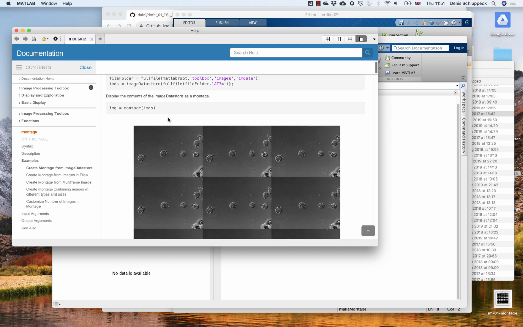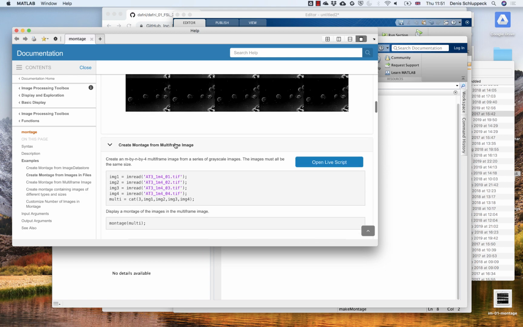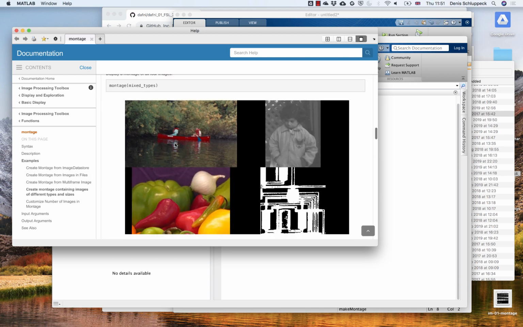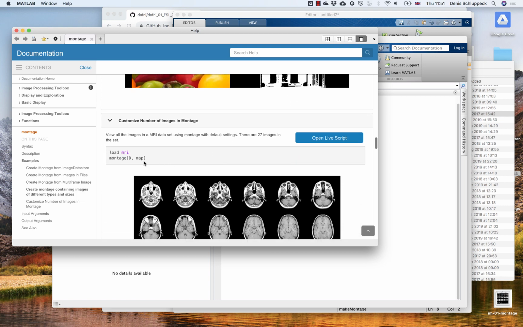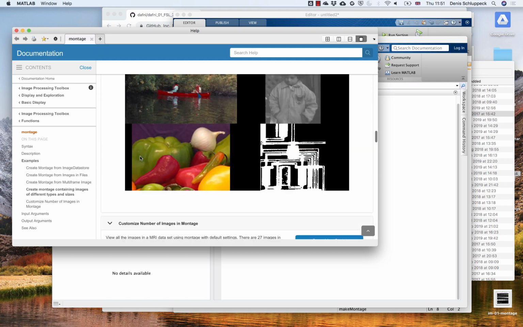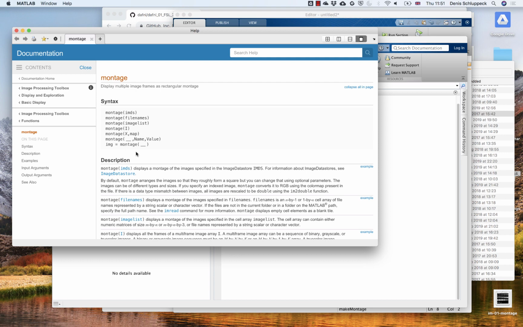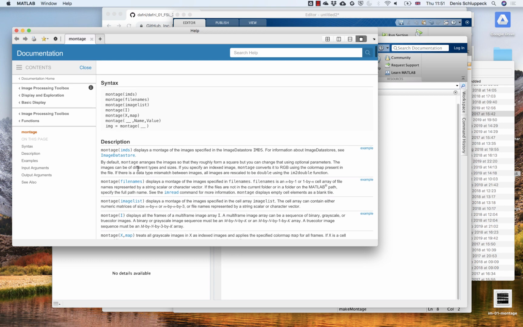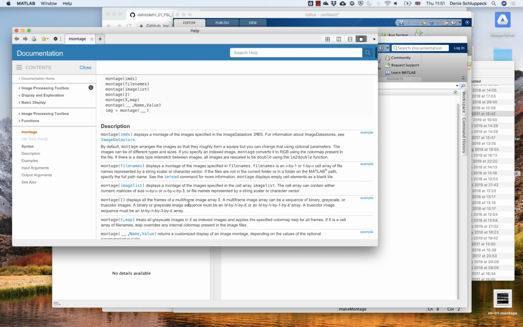So you can use this to look at sequences of images. For example, if you have microscope images in a video sequence, or you have a bunch of files in a folder that you want to stitch together in this kind of montage. But actually it already has an example in it for medical image data too. If you scroll up here, you can see there's a whole bunch of different ways in which you can use this. The one we're interested in is a multi-frame image array,